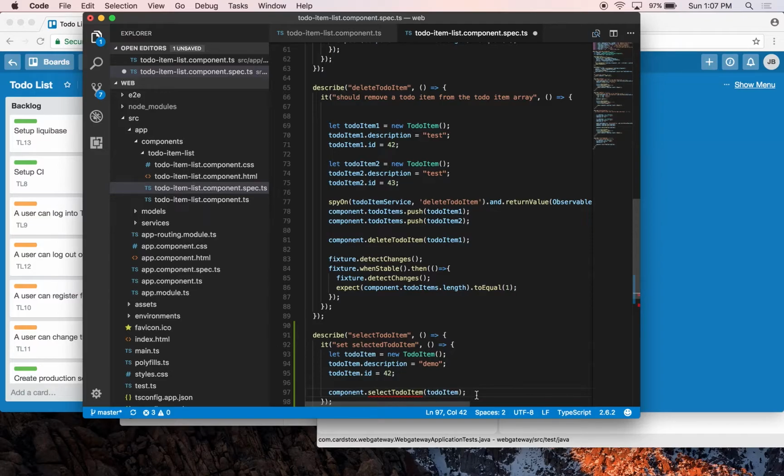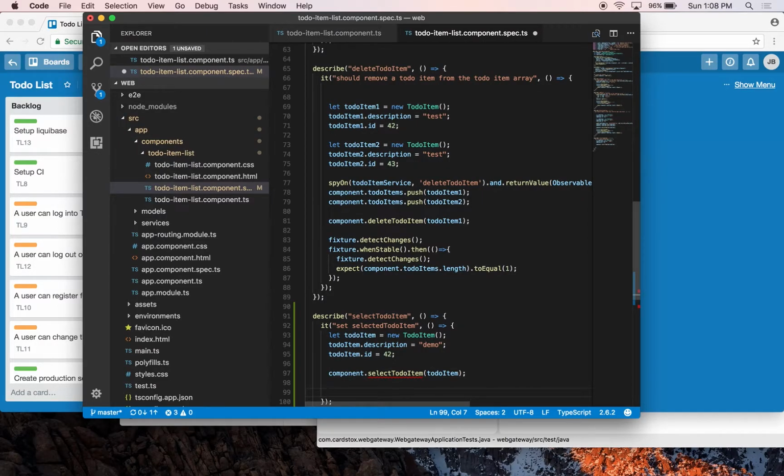We're going to be doing a few things with this function. But let's just start simple and we'll just do this part. We're just going to select it. And then we need to put an assertion obviously in there. So let's expect component dot selected to do item dot description